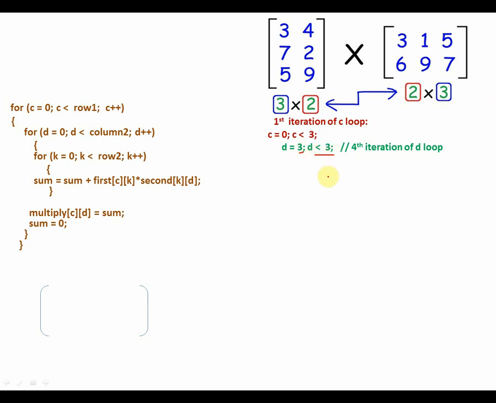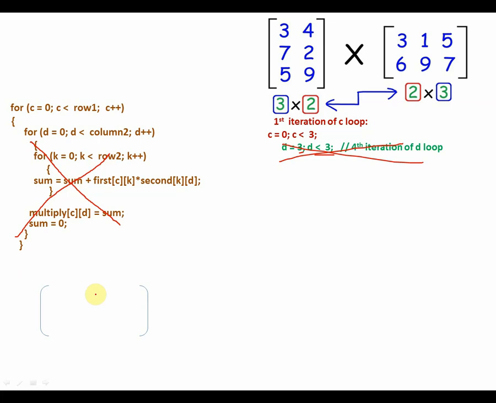This is the fourth iteration of D loop. You see, D is not less than 3 because D is exactly equal to 3. So what will happen is, the fourth iteration you will not execute what is inside the D for loop.